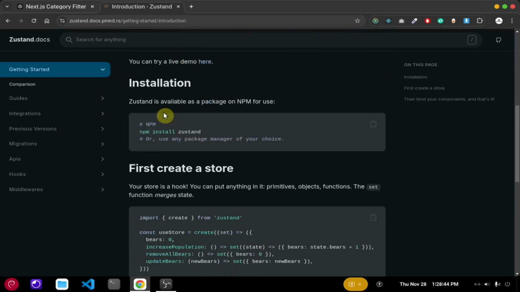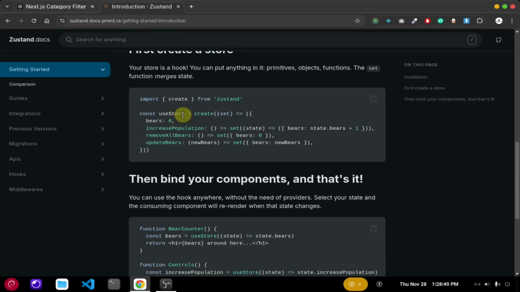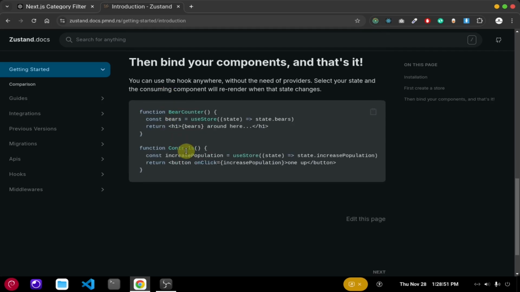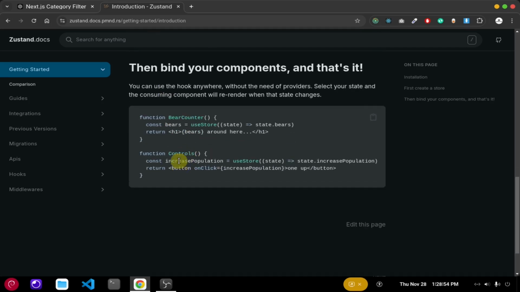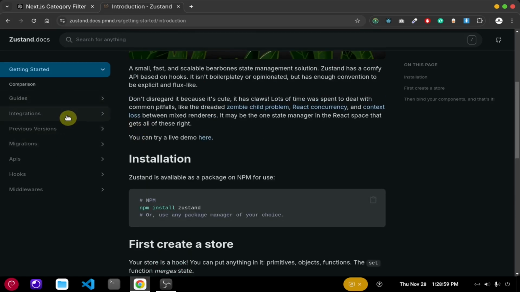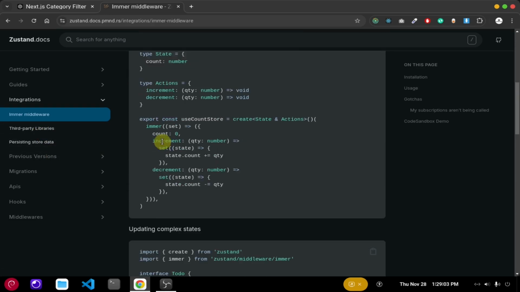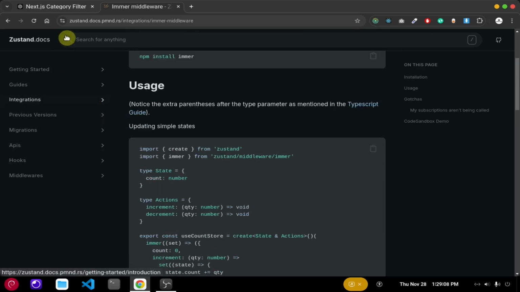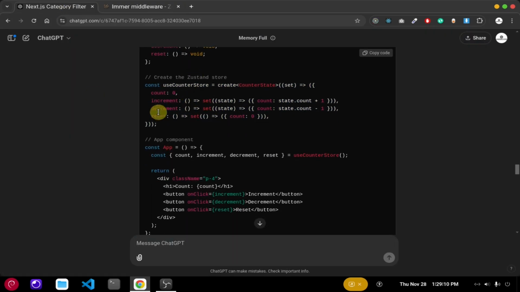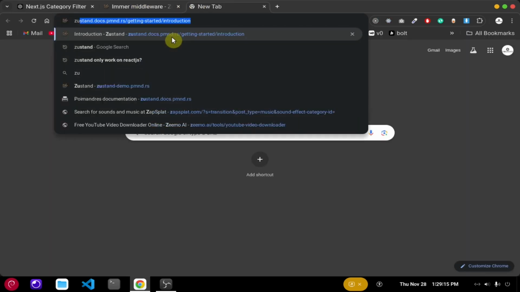And if we go to our documentation in Zustand, we just need to install the Zustand library, and you can follow these steps on how you can create your first store and how you can use it. Here you have a lot of dependencies. Here you have integration with, so here you have a manual integration and a lot of functionality, but most of the time we need very minimal functionality, and we can persist data by Zustand